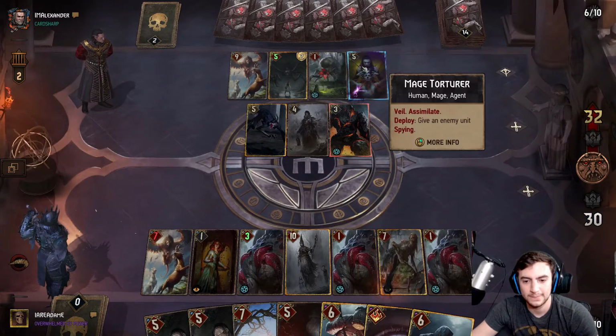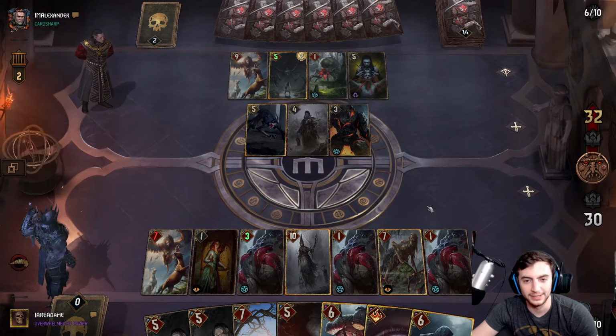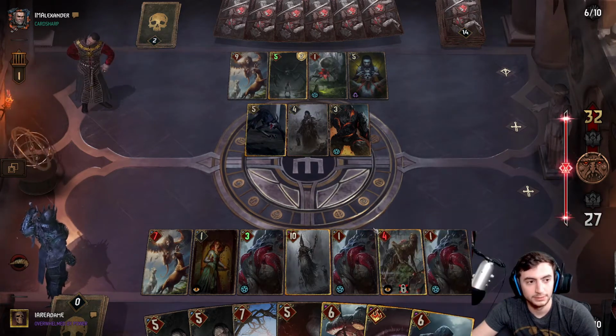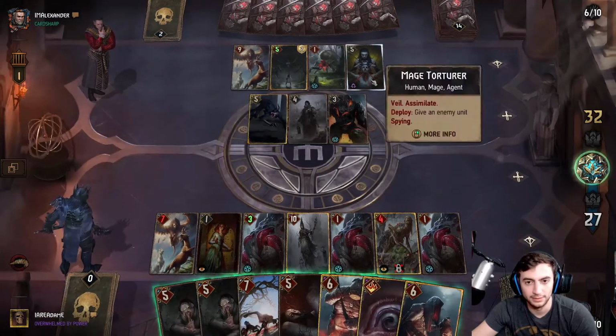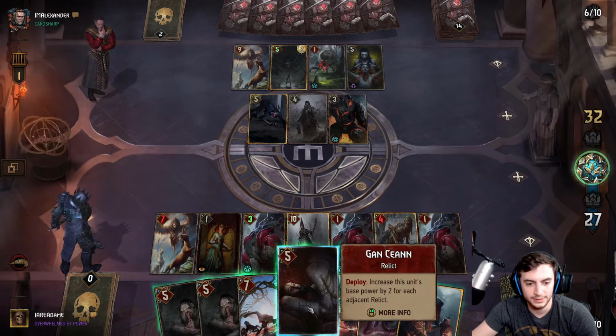I need not spill blood. That always scares me. I'm pretty sure there's a card that just allows you to steal a unit with spying. So that'll be unfortunate. Oh, okay, he locked it. That makes me less worried. Still, that is a strong play against me. At this point,